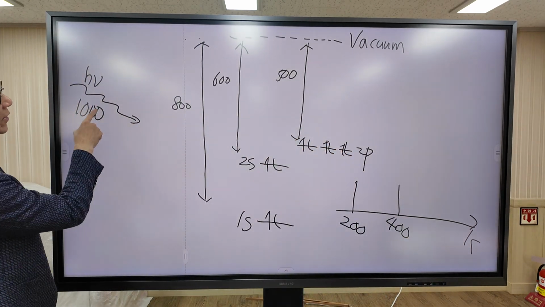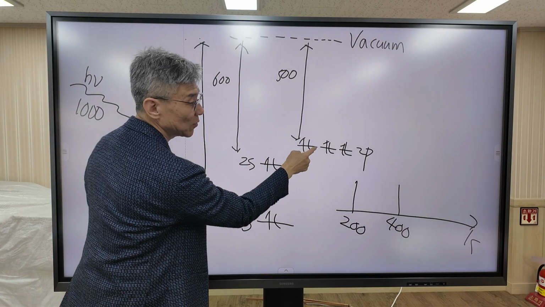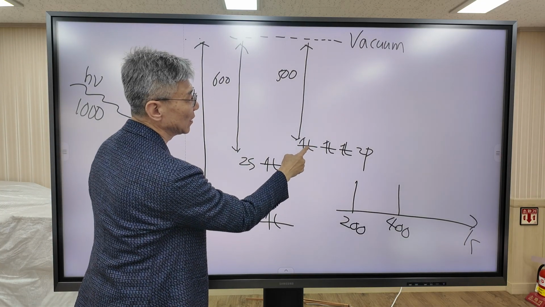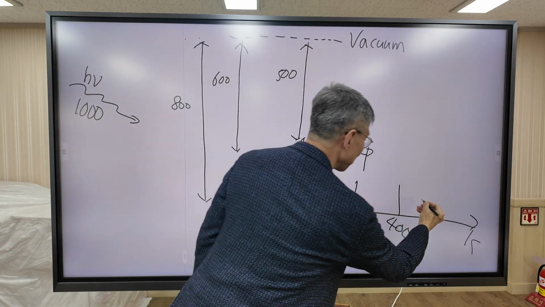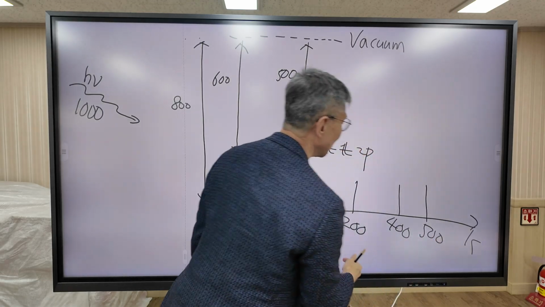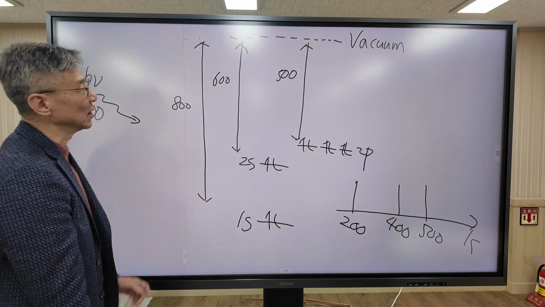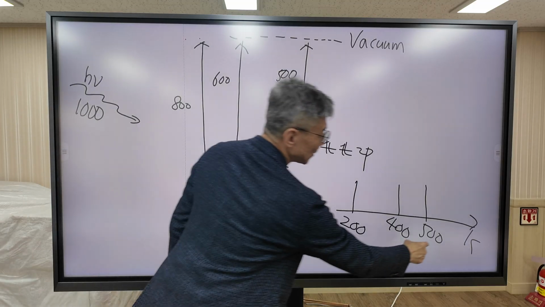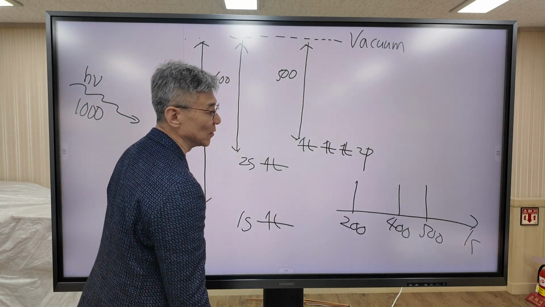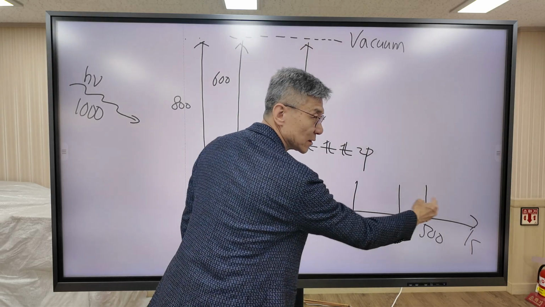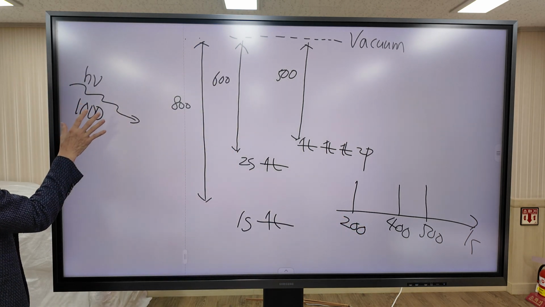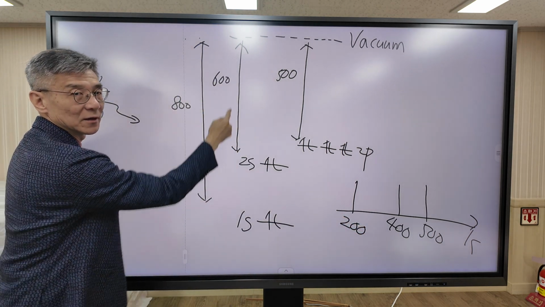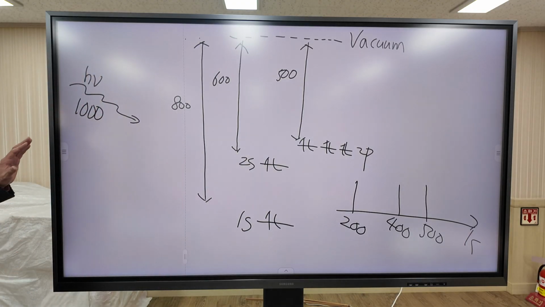And similarly, when the light hit the 2p electron in the 2p orbital, the electron carries 500 units of kinetic energy. So this is the photoelectron spectrum. In photoelectron spectrum, we measure the kinetic energy of the electron. So we obtain 3 peaks. So given this spectrum and given the energy of photon, we can determine the orbital energy. Okay. So this is the basic concept of photoelectron spectroscopy.